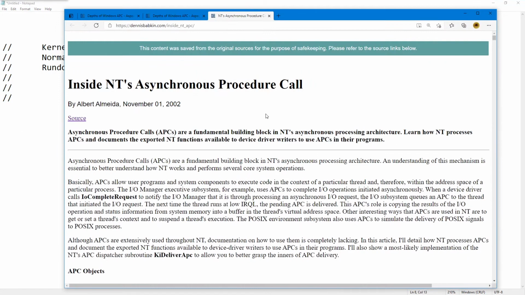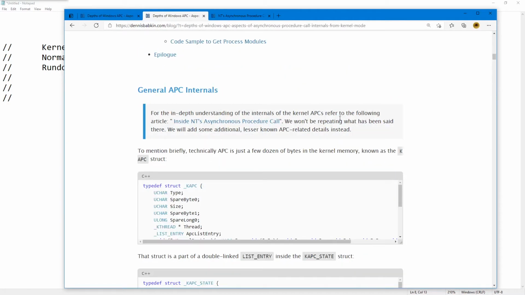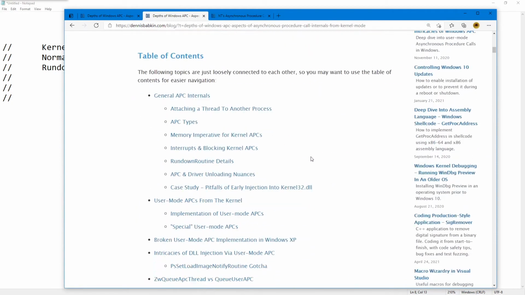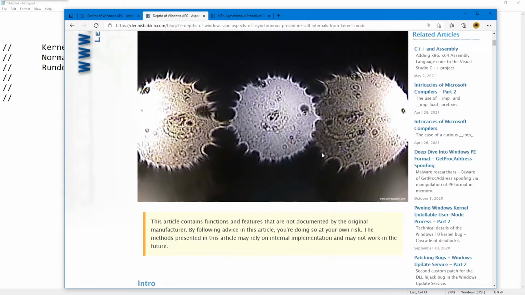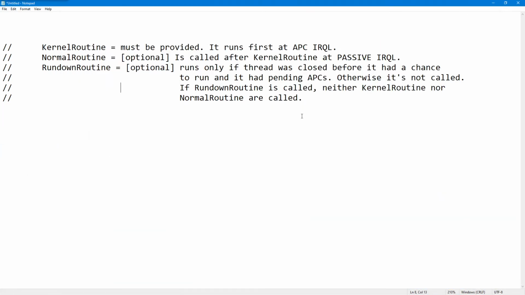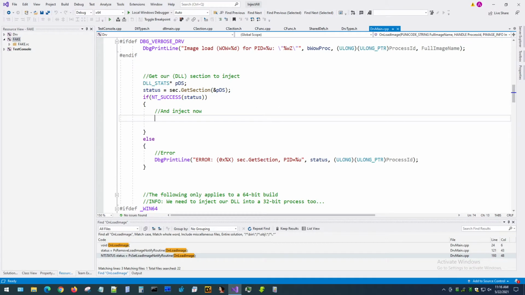Now again, I will refer you to this blog post, so make sure you read it. This is the URL for my copy. And again, with this blog post, you can actually read it. This one has some additional details of what you can and can't do with APCs, so make sure to familiarize yourself with that. Okay, so this is the theory, and now we need to get back to our project